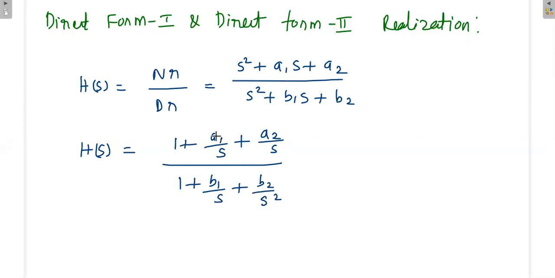Once the differential equation is given, we have to convert it by applying the Laplace transform to get H(s). Then, to realize it as a block diagram, we have to modify the structure to this form. It will always start with 1, and the denominator also starts with 1. It consists of coefficients a1, a2, a3. If the order of the equation is 3, we will get a3 also, and similarly in the denominator. Now how do we use this in the block diagram representation?